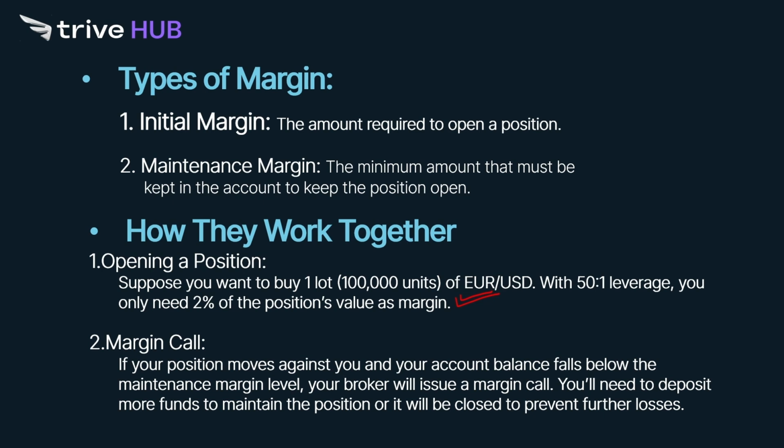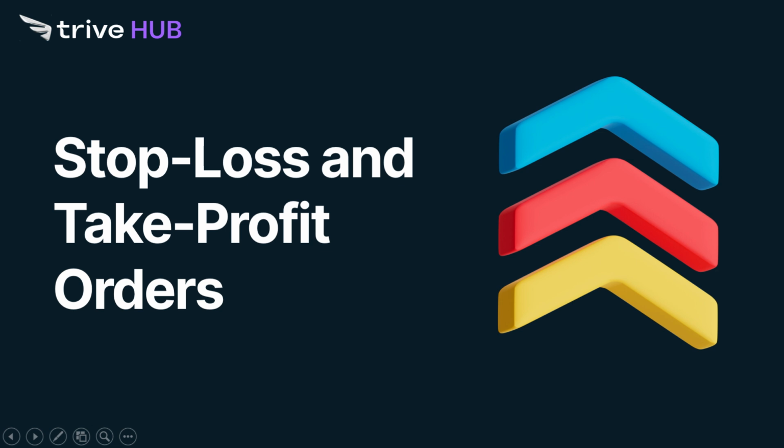Now let's discuss stop loss and take profit orders. These are two tools that you can use to close out your position in case of profit or in case of loss, and they can protect you from uncertain losses in situations like highly volatile market movements or any big news event day, or when you are very much uncertain. So these orders will help you limit your losses and take your profits at certain levels.